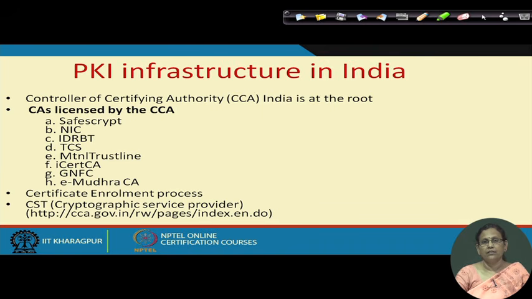There is a chain, there is a root certifying authority, then he will be licensing many CAs, and those CAs may again have some other people to work for them. So, there is a whole chain of